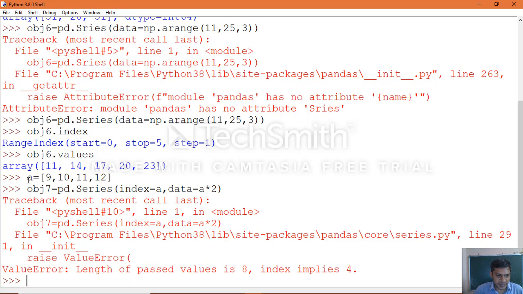No, we'll just make it this: np dot array of range of, we'll take it this way. Let's see what happens here.